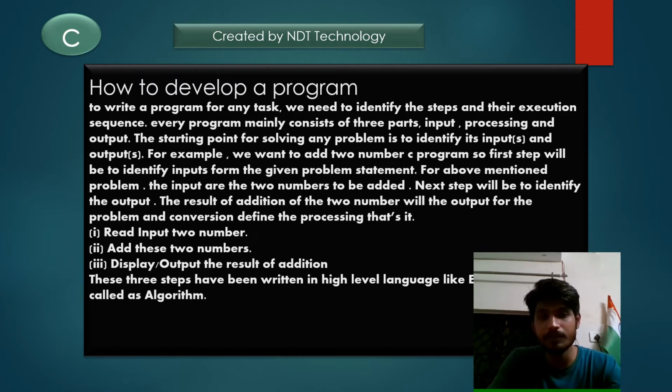So first is to read the input, two numbers. What will the machine do? Read the two input numbers, add these two numbers, and display the result of the addition as output. These three steps, when written in a high level language like C++ or Java, form a sequence that is called an algorithm. I am also making a separate tutorial, which is under process,